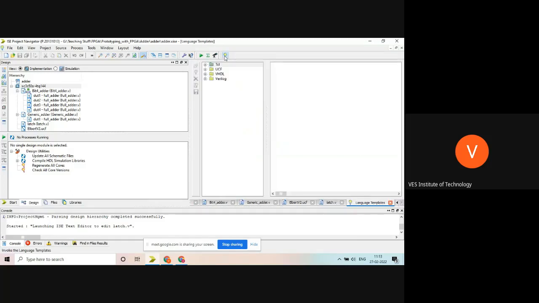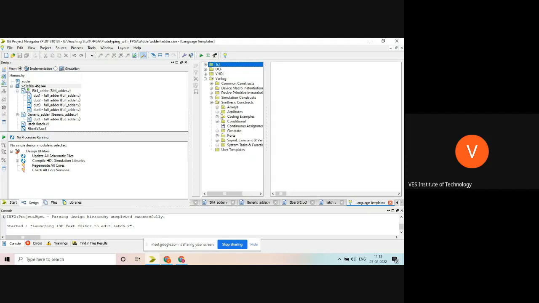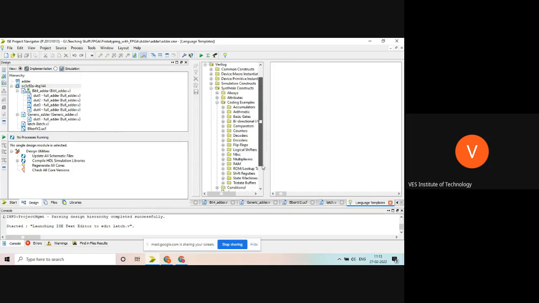Let's see our template. Will it help us? I can show you this template every time if you want. So I'm writing latch right now. Let's see, is latch written in flip-flops? No, they have not written the latch. Is there anywhere they have written the latch?